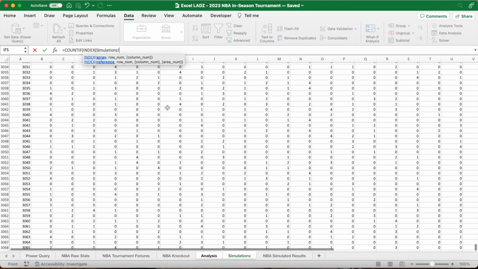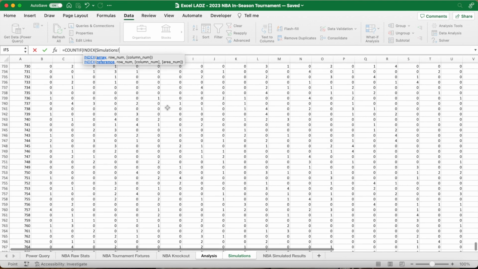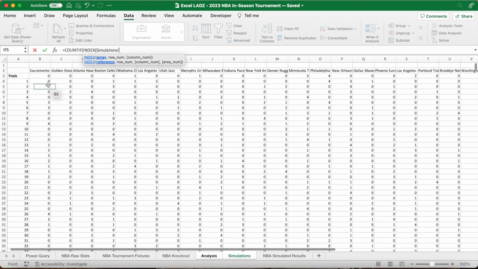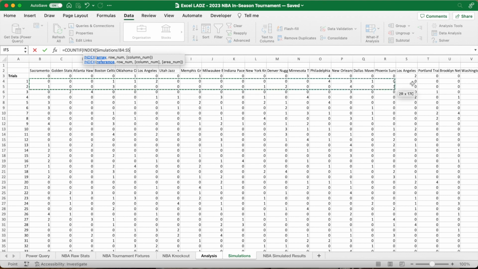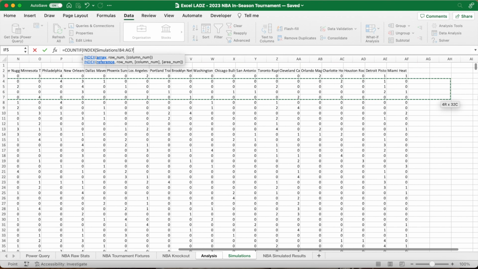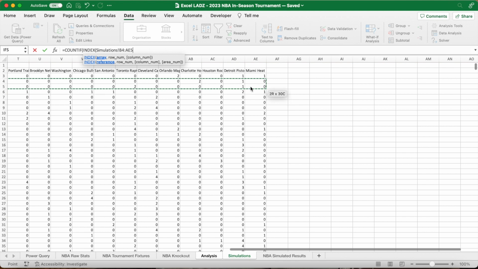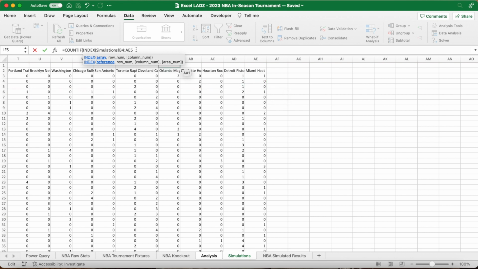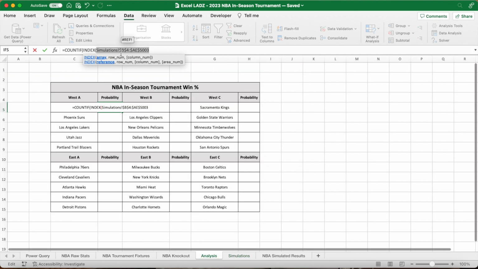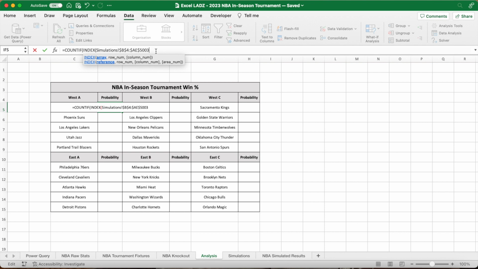We need to scroll up all the way to the top of the worksheet, and it's just going to be every single simulation performed from B4 all the way to AE5003. So you drag it across and you've got to make sure every single simulation is included from the first row to the 5,000th row. Make sure you absolute reference this range, putting a $ in front of both the column and the row, comma, the row